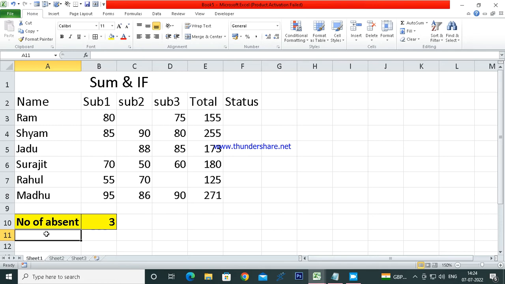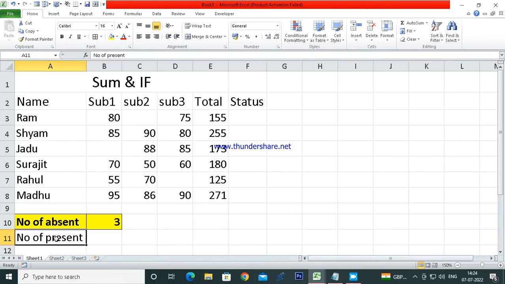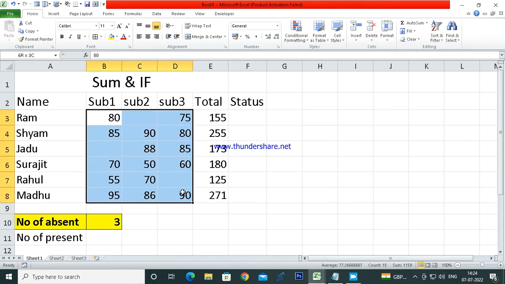Number of present means number of present. Number of present means, if the sheet is a little bit different,